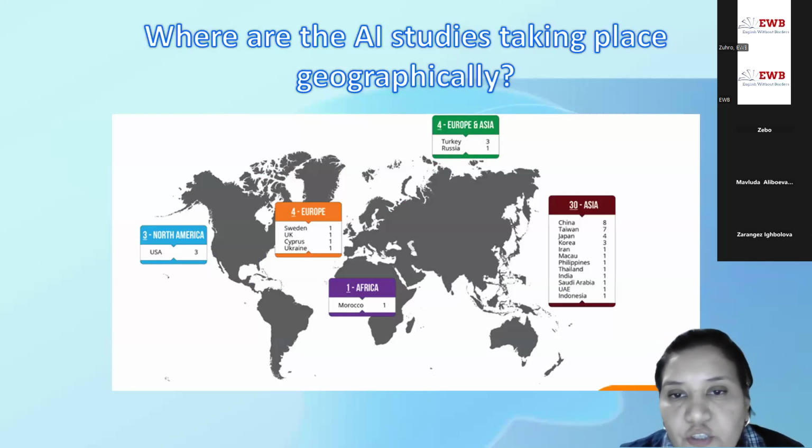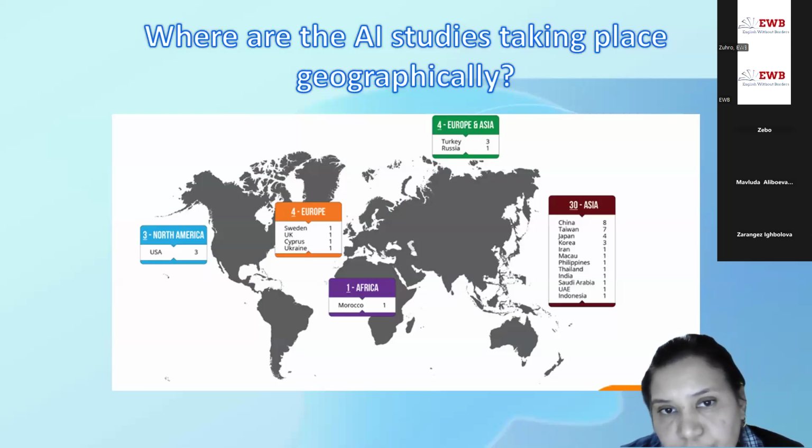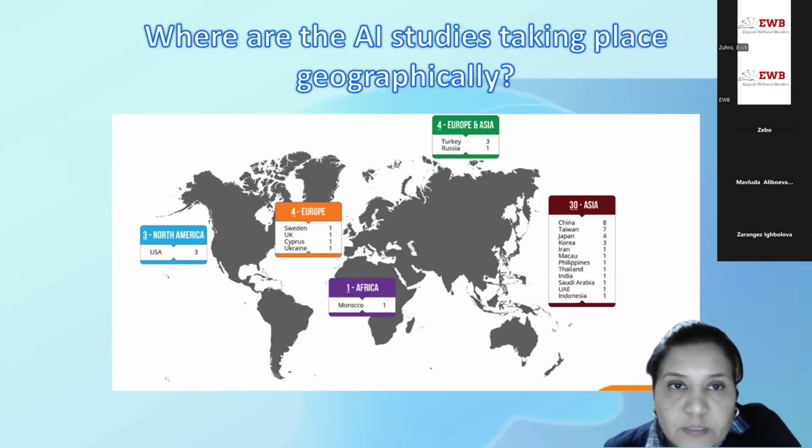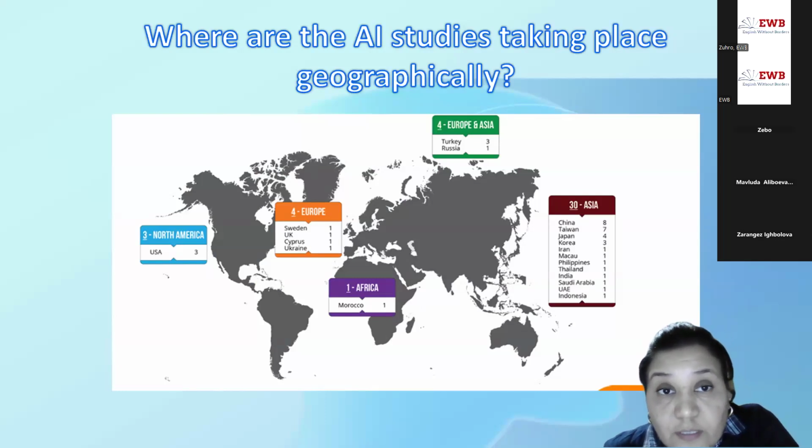In Asia, many studies have been done. You can also note that Europe, Asia, Africa, and North America have done a lot of research in the sphere of artificial intelligence and its benefits in the education system. As a result, nowadays we can integrate artificial intelligence in education as a discipline.